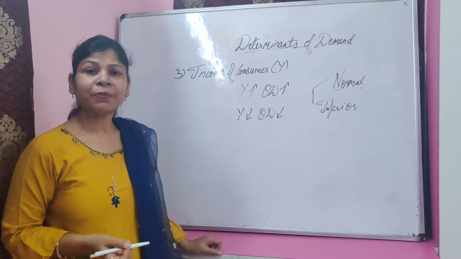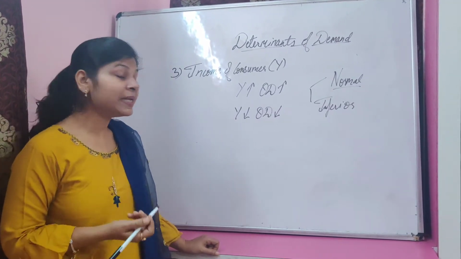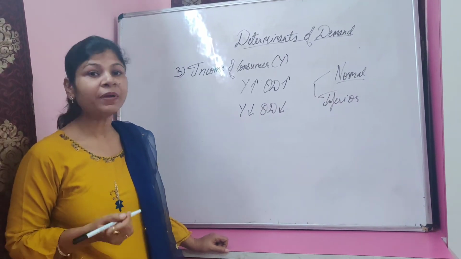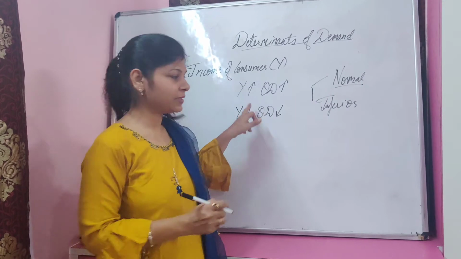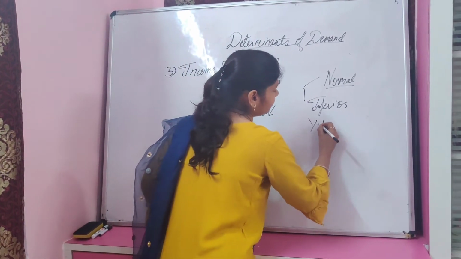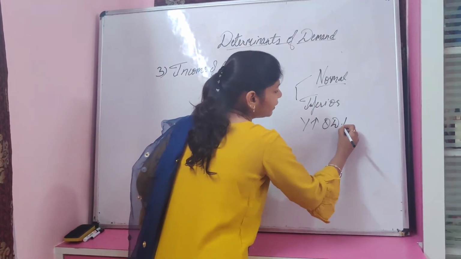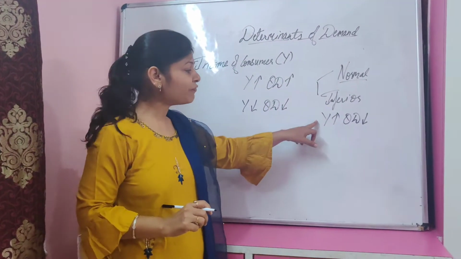Simply, we can take the example of dalda ghee. If income increases, no one would like to consume inferior goods. They will move to normal goods. So if income increases, demand of inferior goods will decrease. And if income decreases,